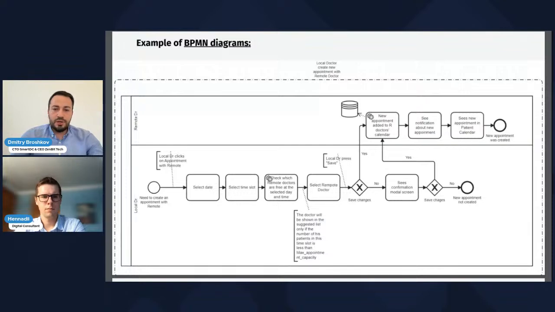Following this diagram, it would be easy to create the user flow. Also, based on this diagram, it's easy to create a technical task for the UX/UI designer. Also, set up a database architecture and the technical architecture itself, because you see everything, all the aspects which you need to pay attention to. You see how the different roles interact with each other, how it affects the system, and moreover, you can think in advance about how you're going to scale your product and how to build the architecture which will